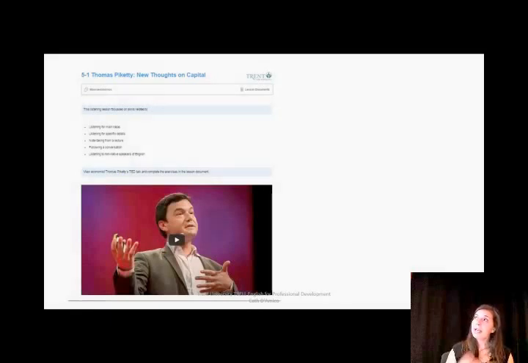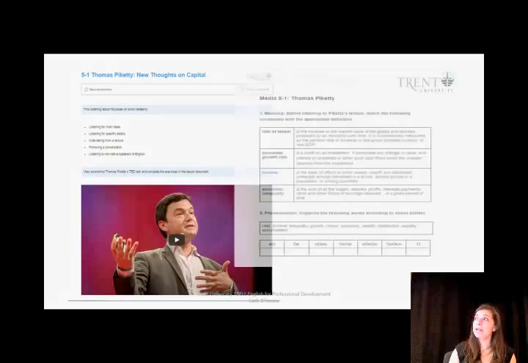So again, looking at this business course, we're looking at that topical, relevant, current content. In this example, it is a famous economist talking about a book that he has recently published, and that has become globally recognized.